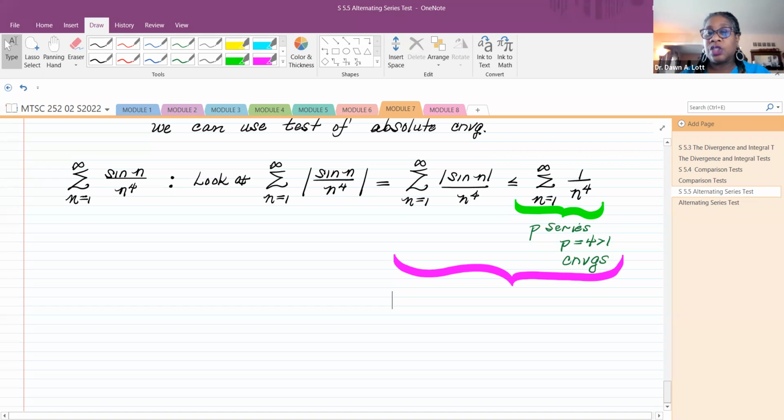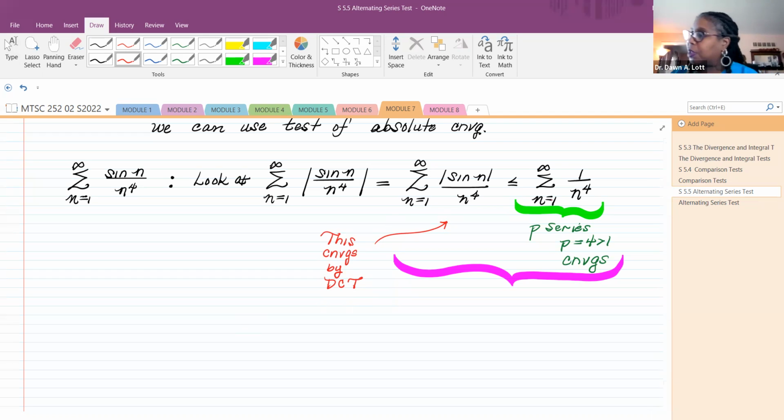So this test, I have this series I know is less than a series that's convergent. So by the direct comparison test, this second series converges. So I know here, this converges by the direct comparison test. It is strictly less than a series that converges. So by the direct comparison test, it converges. So now,